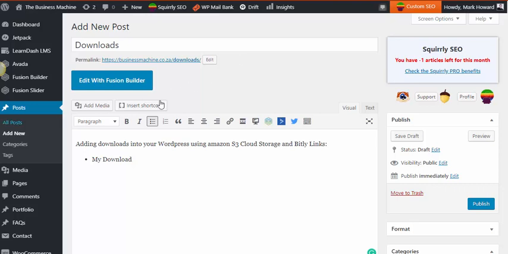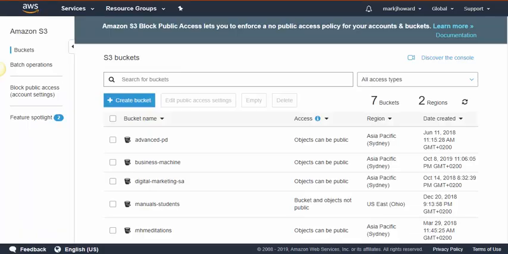So what I've done here is just open up a post, it happens to be a post here in WordPress on the Business Machine, just called downloads for want of a better name, and created a very simple post, adding downloads into WordPress using Amazon S3 cloud storage and Bitly links, and just using this I've created my download here. So the first thing you do is you go to the Amazon S3 console,